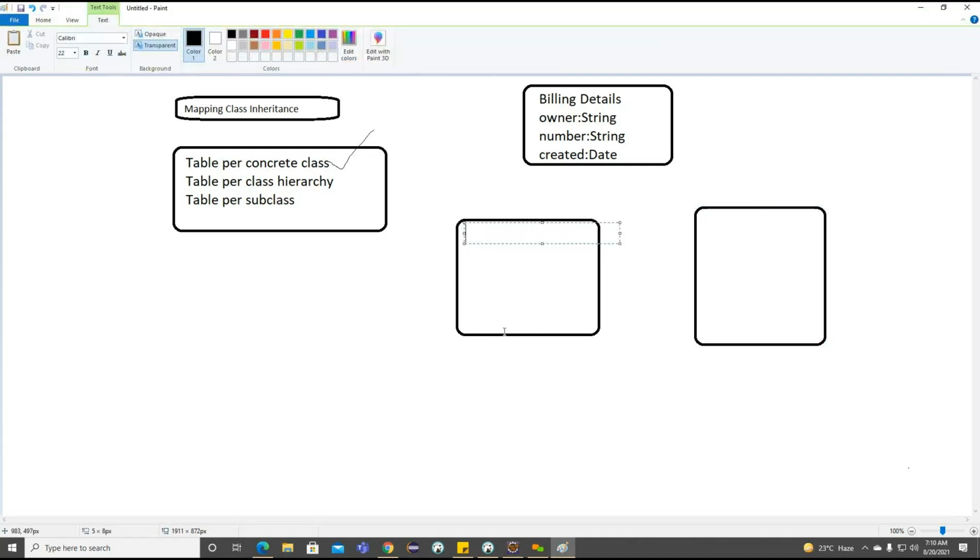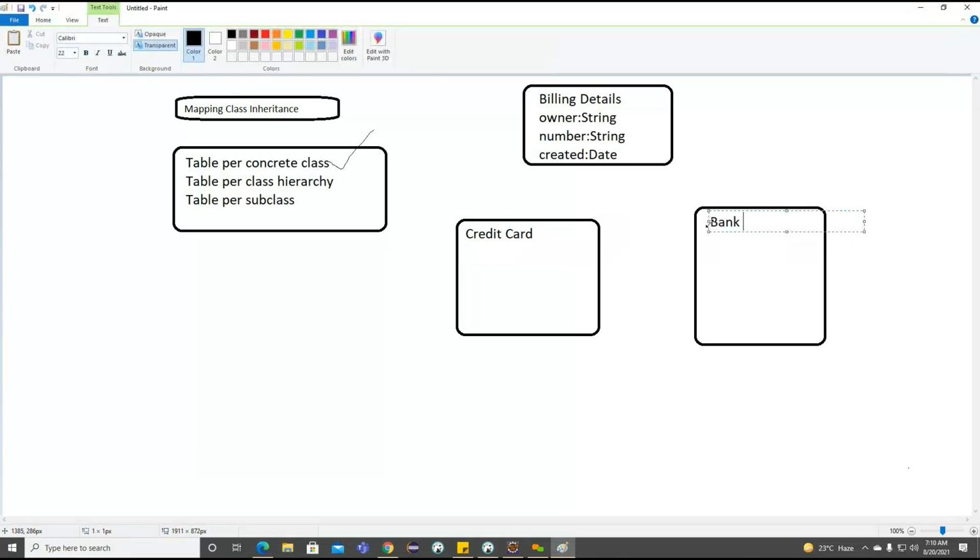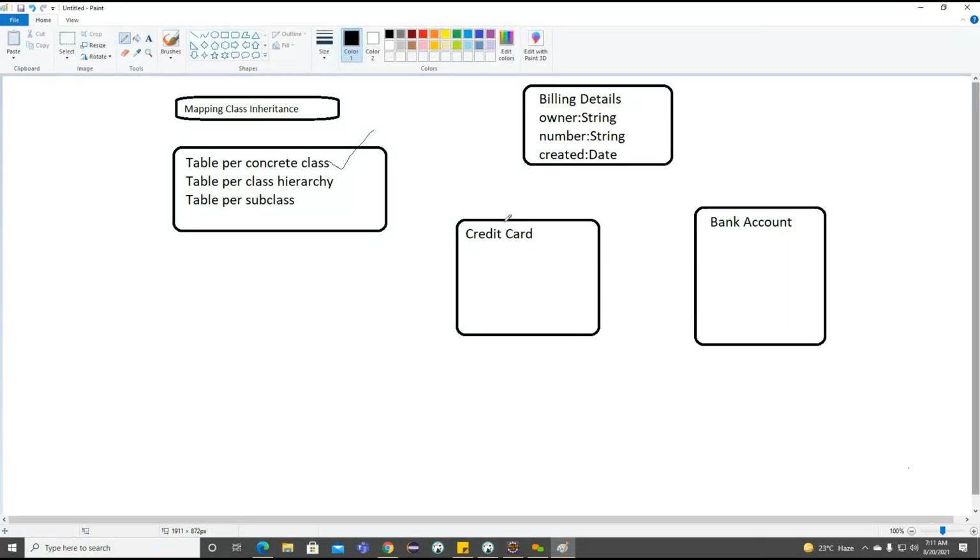The first subclass is credit card, and another one is bank account. But how are we going to provide this billing details? Using either credit card or bank account, we can provide the payment option with the help of the credit card or the bank account.